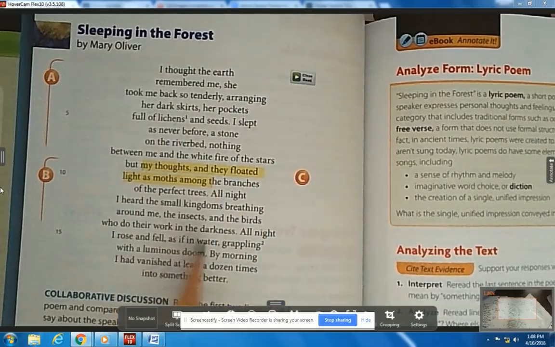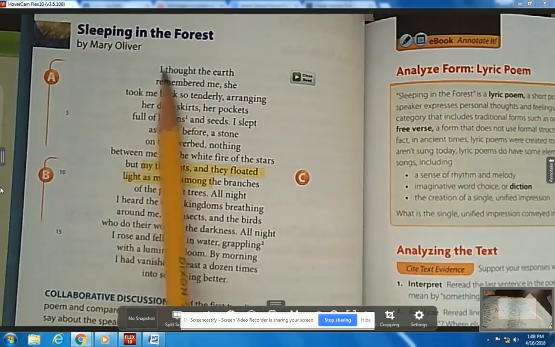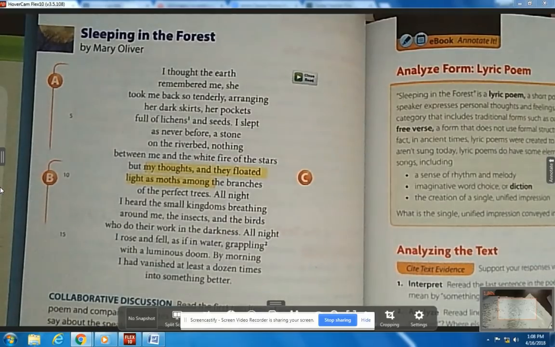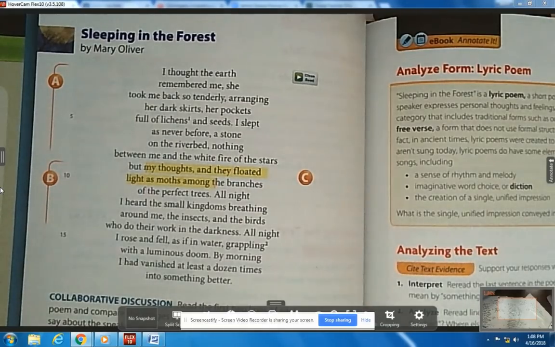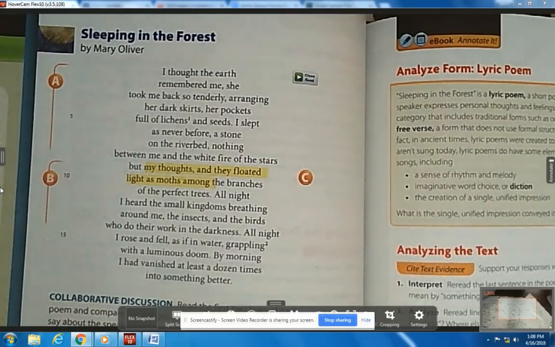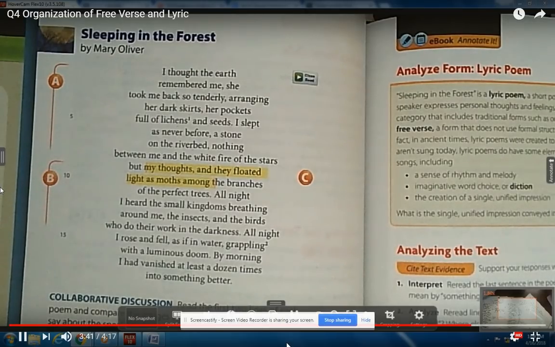So notice there's no clear rhyme scheme in it. The author determined how they wanted their lines to start and end. It still takes a nice poetic form. You notice that because it's not set up in paragraphs, but there's no clear, strict structure. That's what makes it a free verse. So you may want to decide to submit for organization number one, as a free verse structure. Or maybe you want to do a lyric where it expresses personal thoughts and feelings. Maybe your lyric might have a repeated chorus, like song lyrics, depending on how you want to set it up. But you may now submit for organization number one, looking at lyrics and free verse.